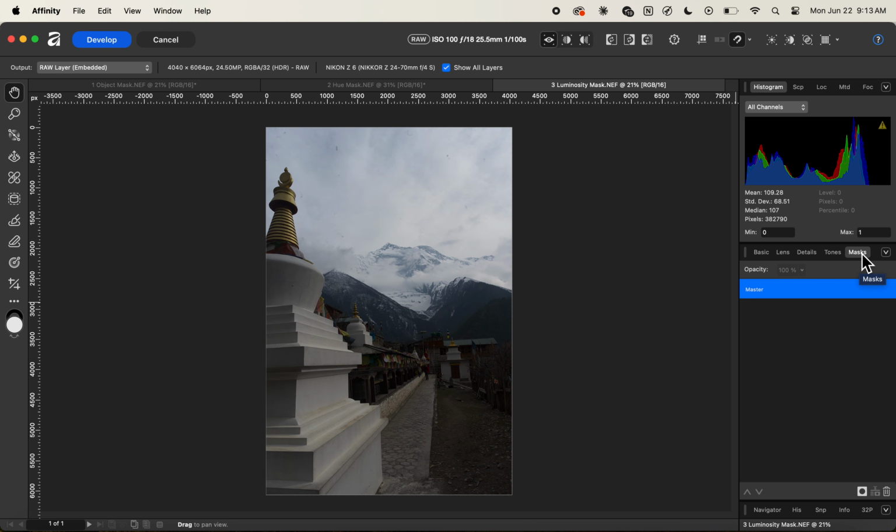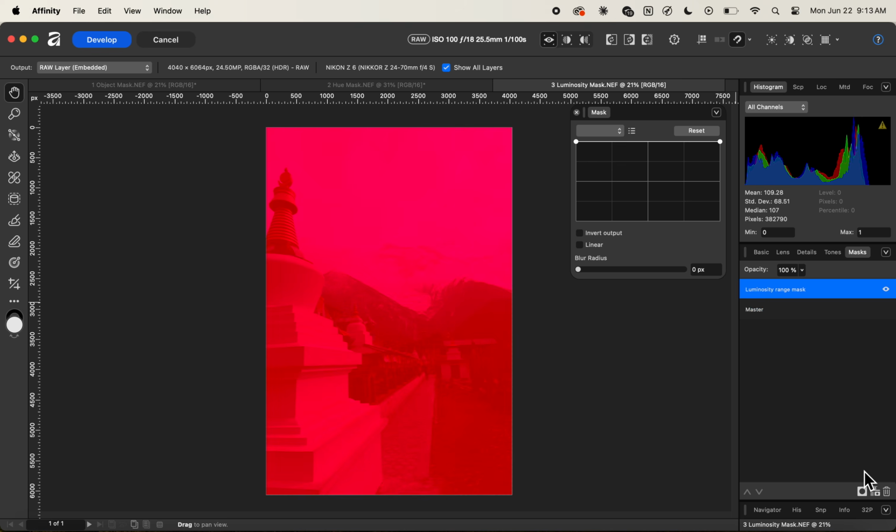And after clicking on the mask panel, this time I'll click on this add mask icon and select something called luminosity range mask. Now you can see that in the luminosity range mask, it has basically masked out everything inside of this image. So if you look inside of this new mask panel right here, this allows us to adjust these graph nodes